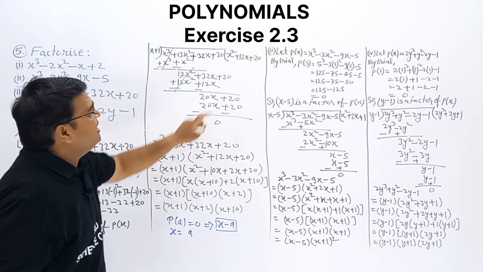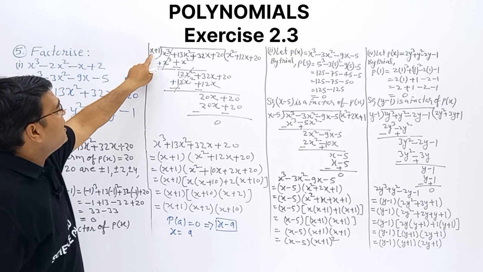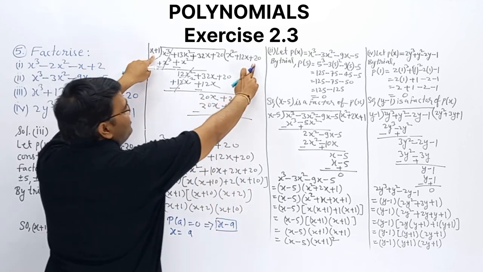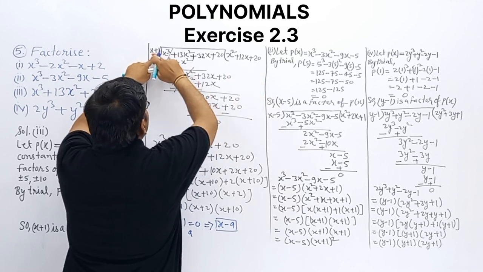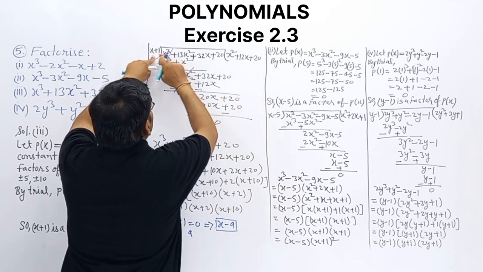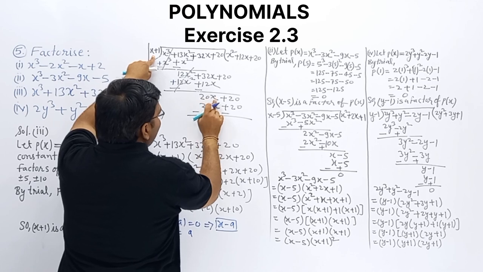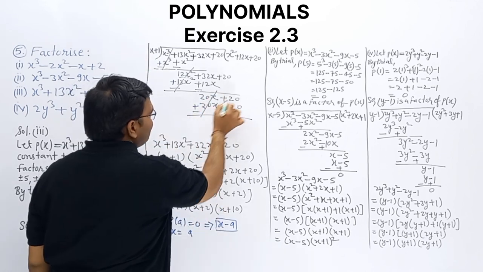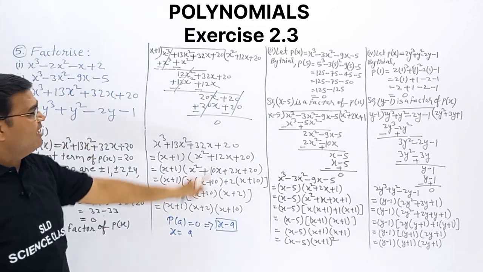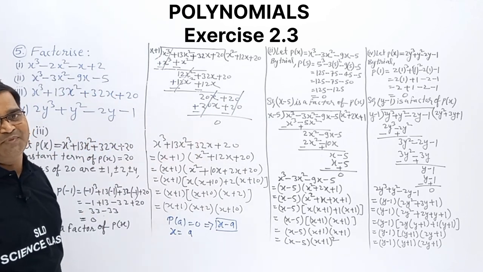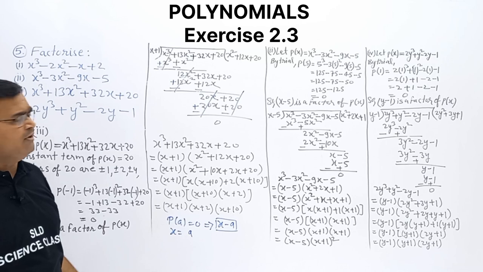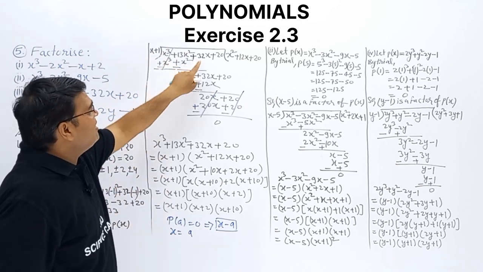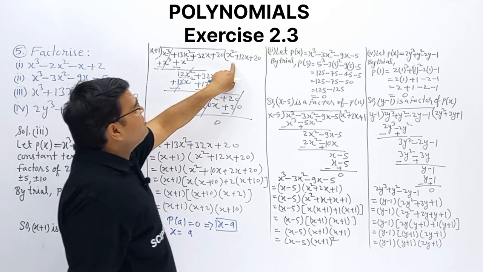Now we want 20x. How will we obtain 20x? We will multiply this by 20. 20 into x is 20x, 20 into 1 is 20. Subtract 20x. This is positive, so minus. Positive, so minus. Both will cancel. Yes or no? And the remainder is 0. The remainder is 0, then we will not divide further. So this is the divisor, this is the dividend, the remainder is 0, and this is the